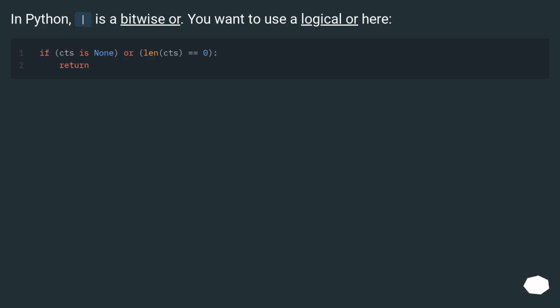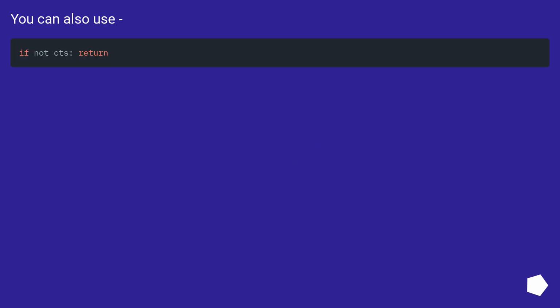In Python, | is a bitwise OR. You want to use a logical OR here. You can also use